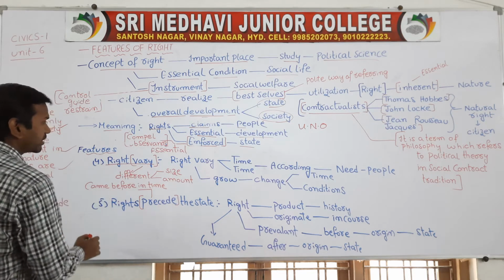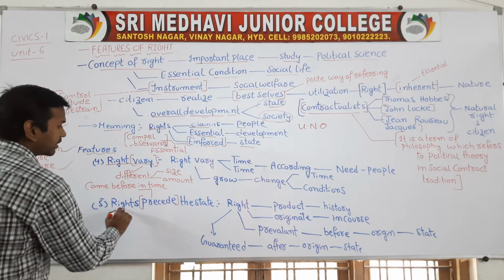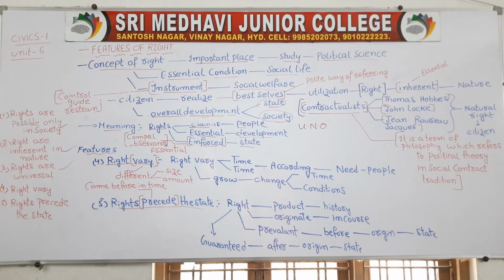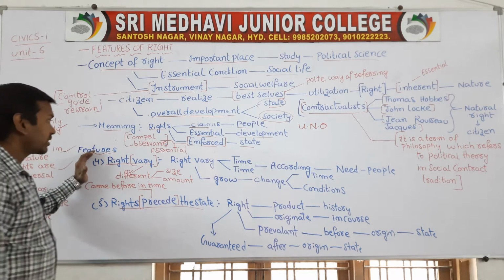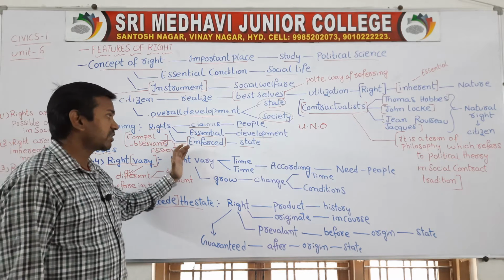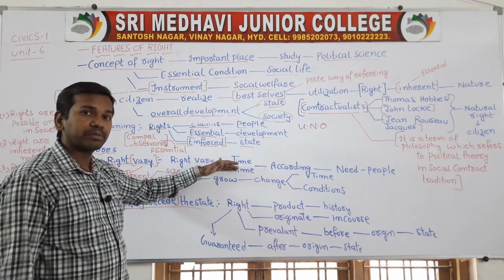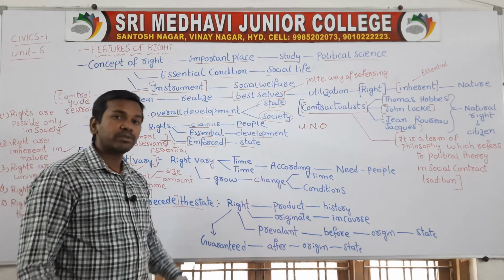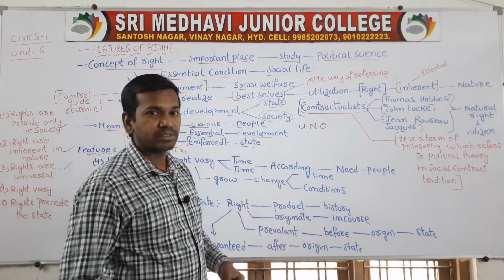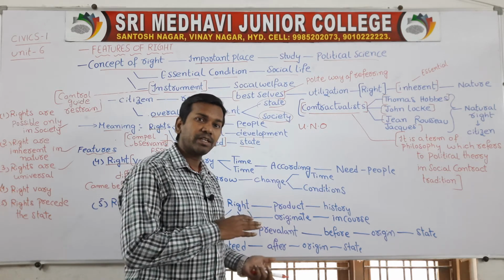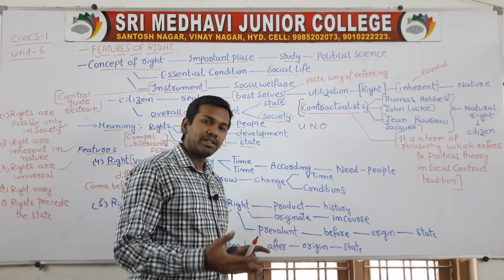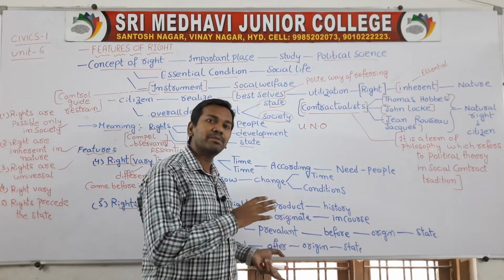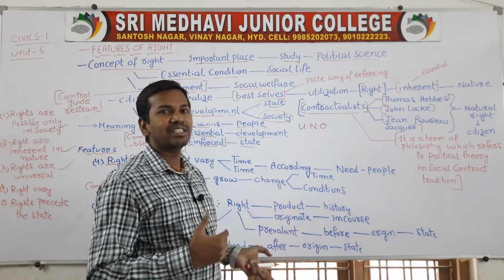Fourth point: rights vary, and rights precede the state. Now what is meant by these two things, we will discuss going forward. Fourth point, rights vary in the sense that rights change from time to time. Rights mainly change from time to time, and according to the needs of the people, rights will change. If you see the ancient time, whatever rights were implemented, and in the modern time whatever rights are implemented, you can find differences, because in the ancient time the needs were different. As per the needs the rights